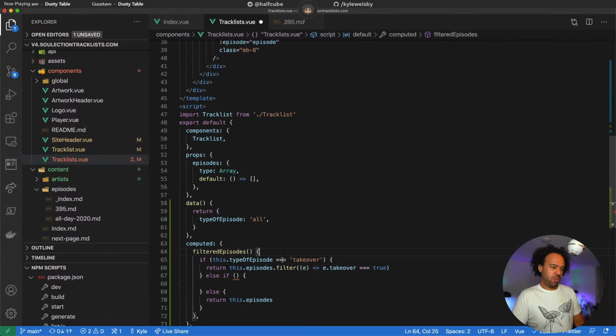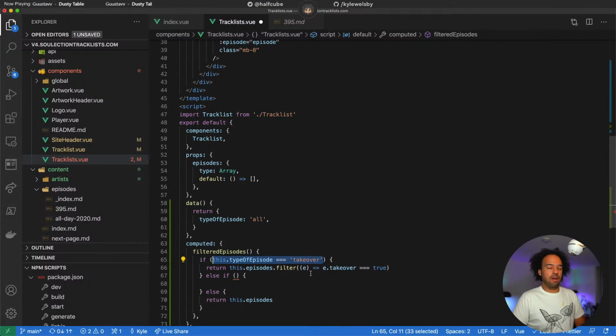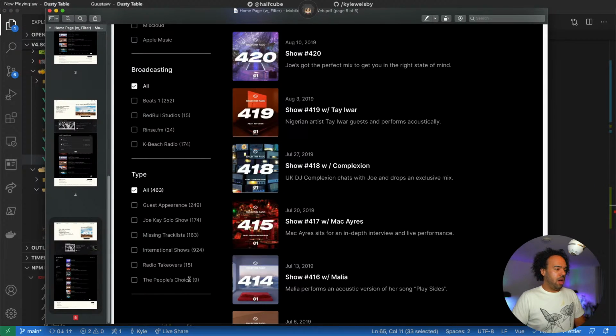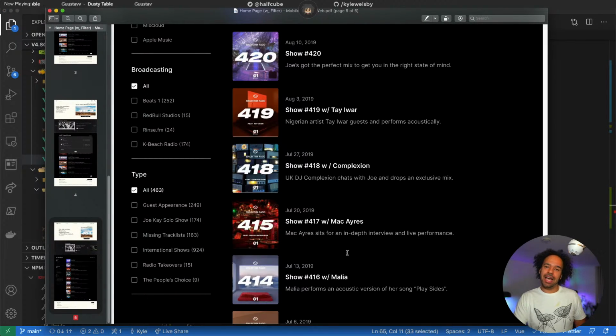So I'm going to have to work a bit more on this, and also the parameters might be slightly different. So we can see international shows or solo shows would be takeover false. People's choice, I think that's in the title, so I need to check whether the title contains that. And the same with an interview.